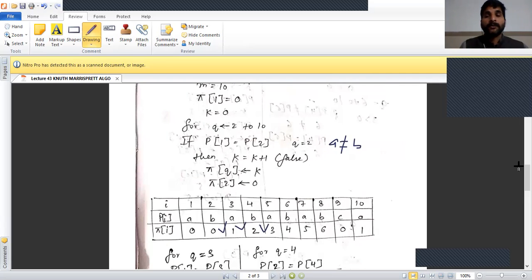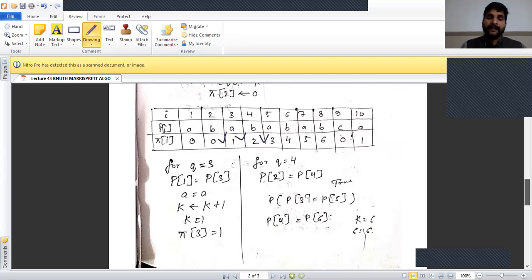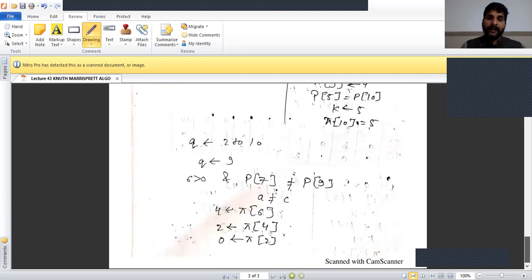Now in the Knuth-Morris-Pratt algorithm, we compute all prefix functions like that. So here we calculated pi 6 equal to 4, pi 4 equal to 2, and pi 2 equal to 0, and pi 8 equal to 6.